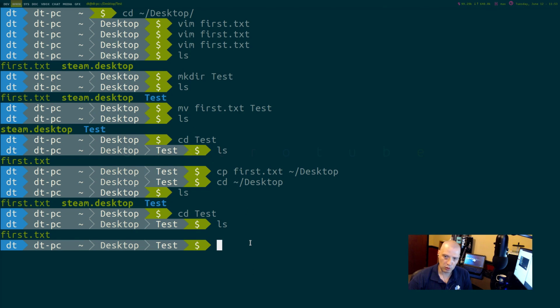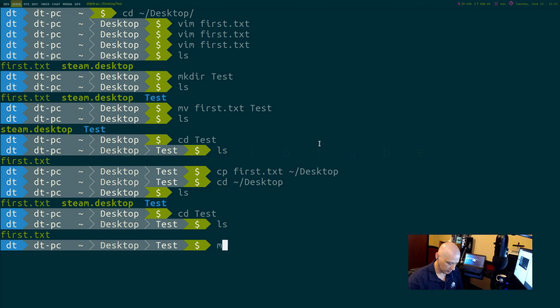And you can do multiple files with those. If I had a bunch of files to copy, cp, say first.txt. These files don't exist. This is just an example. Second.txt. I could do third.txt, fourth. But the last argument you need to give it is a location. So, like desktop.